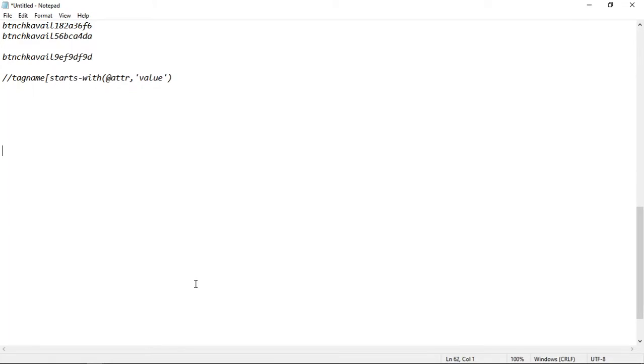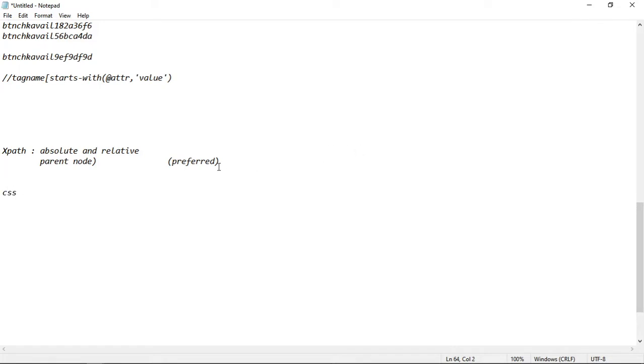Let us brief what we have discussed. In XPath we have discussed two types, absolute and relative. Which one is preferred? Relative is preferred, because we are not depending on the parent node, but in absolute we are depending on the parent node. After that, suppose you have got the XPath. So what is CSS? There is one more selector. So what is the difference in XPath?